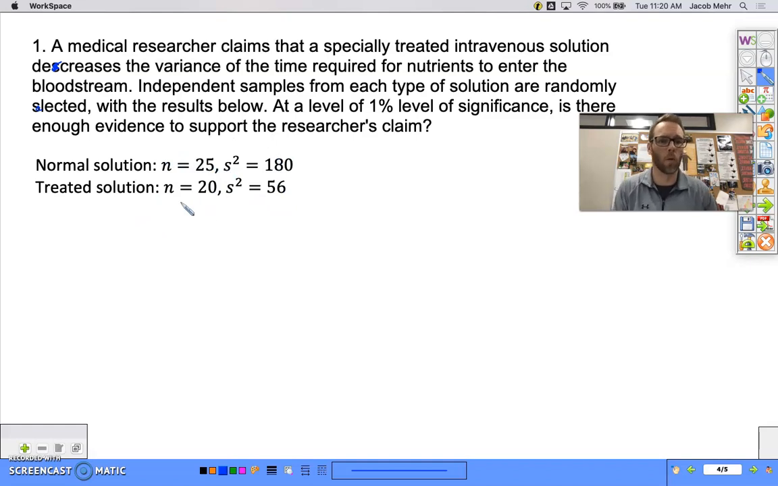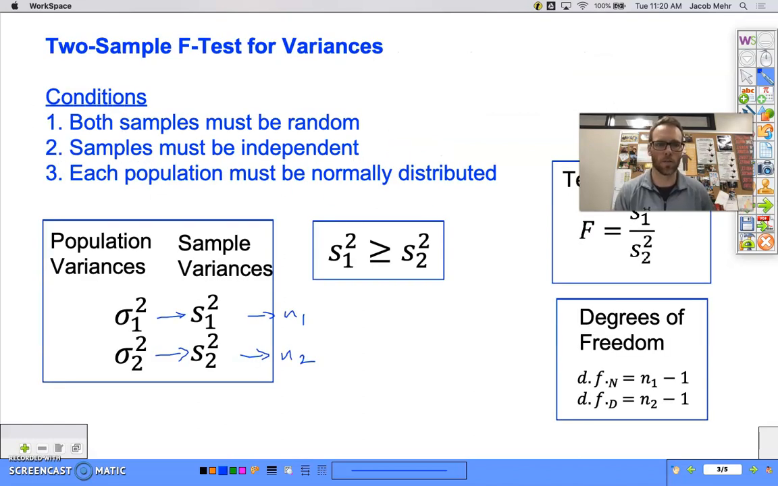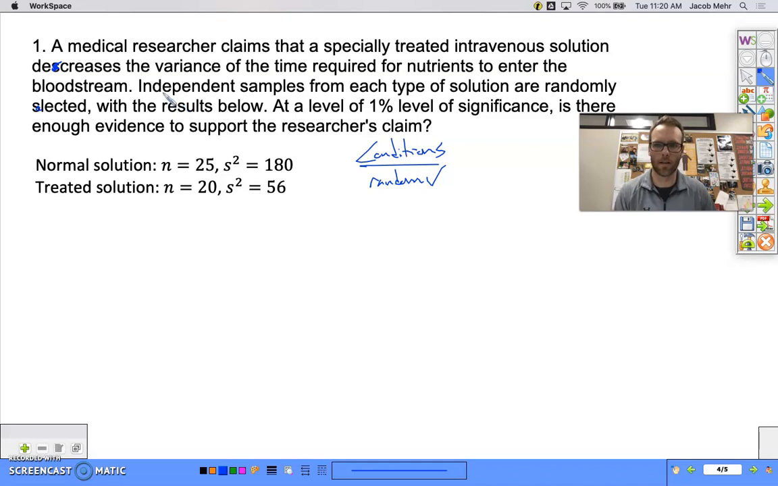So, okay, what's our test? Well, let's make sure our conditions are met. So if we look back at what our conditions are, both samples must be random. We see that independent samples from each type of solution are randomly selected. So we have the random portion. Secondly, these samples must be independent. And it says the samples are independent. Okay. The outcome of one of the samples is not going to influence the impact of the other. Okay. And our third one,